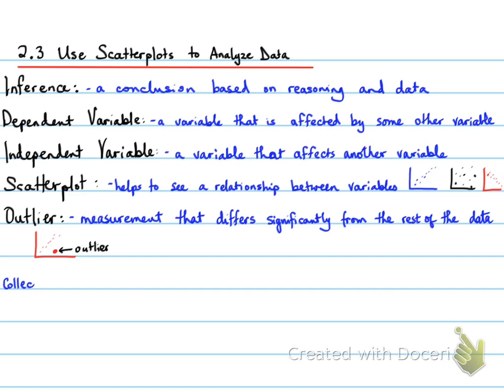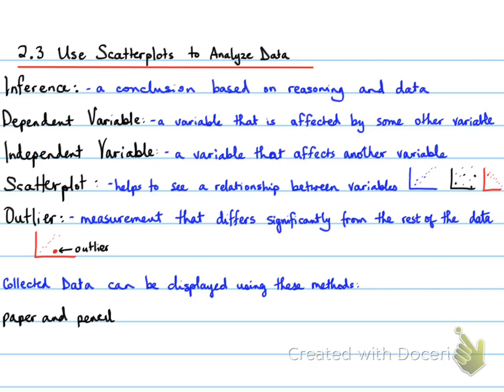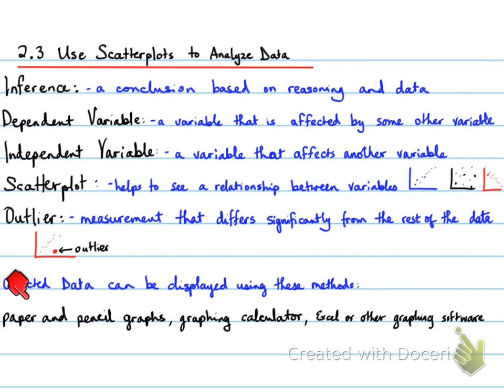Now, next part that we're looking at, just a second, is now collected data can be displayed using these methods: paper and pencil graphs, graphing calculator, and finally Excel or other graphing software. Now, when you're collecting this data and you're analyzing it, paper and pencil graphs are great, but the problem with paper and pencil is the fact that it can't be manipulated. Let's say you made a mistake, it's very, very hard to refix it, and sometimes you have to redo a